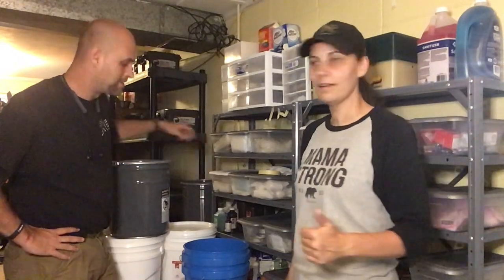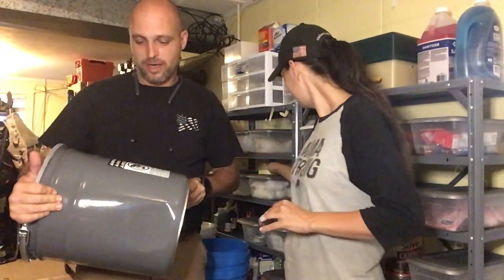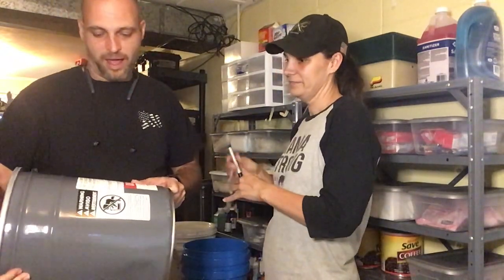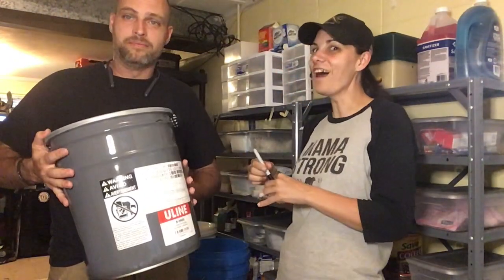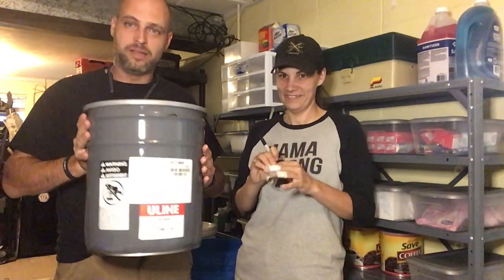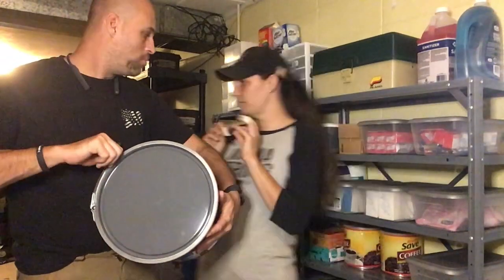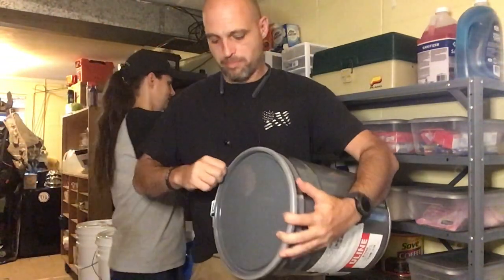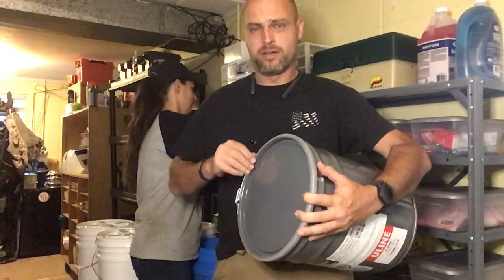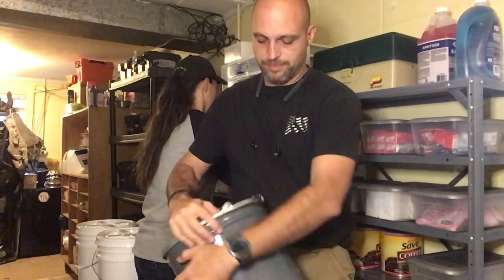Okay, go ahead. So I want to share something with you. A friend of ours works at a clothing factory, and hooked us up. The silica gel comes in these metal containers. Now, when put with your Mylar bags, and that's what I want to talk about in a second, it has this great latching lid,